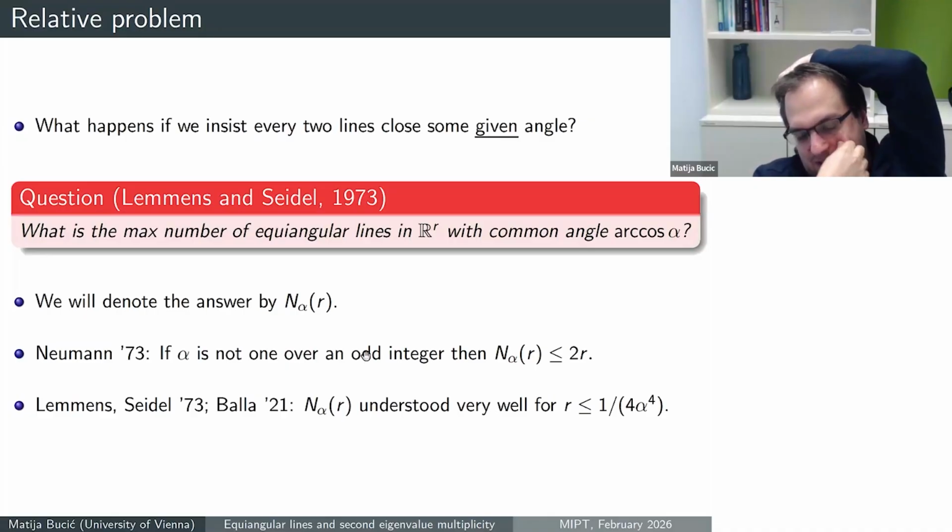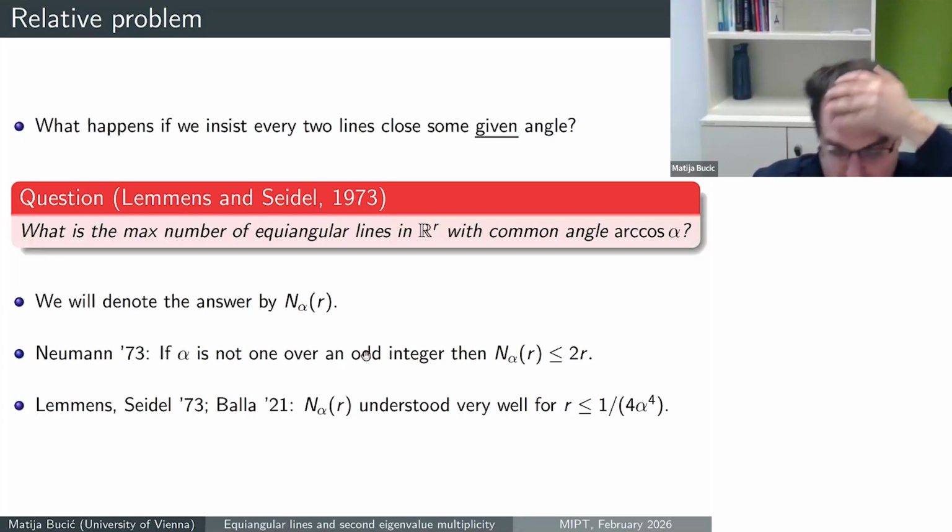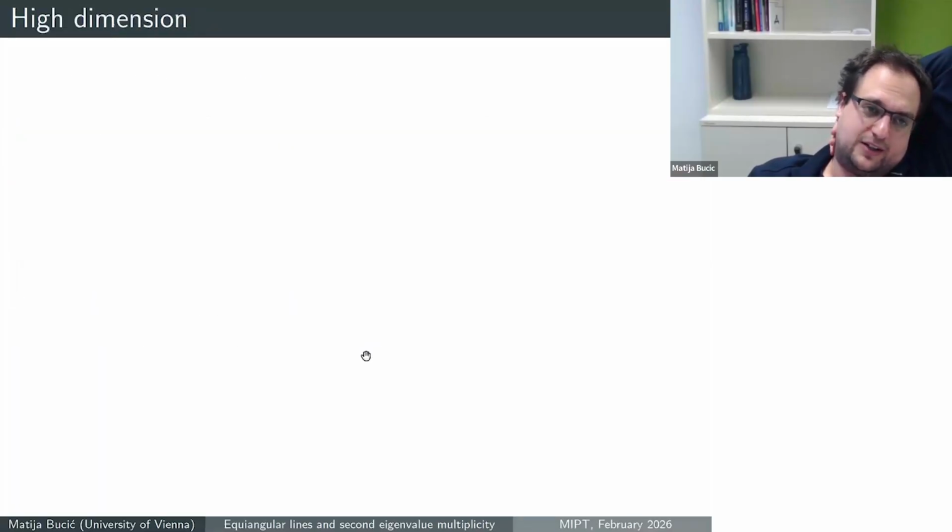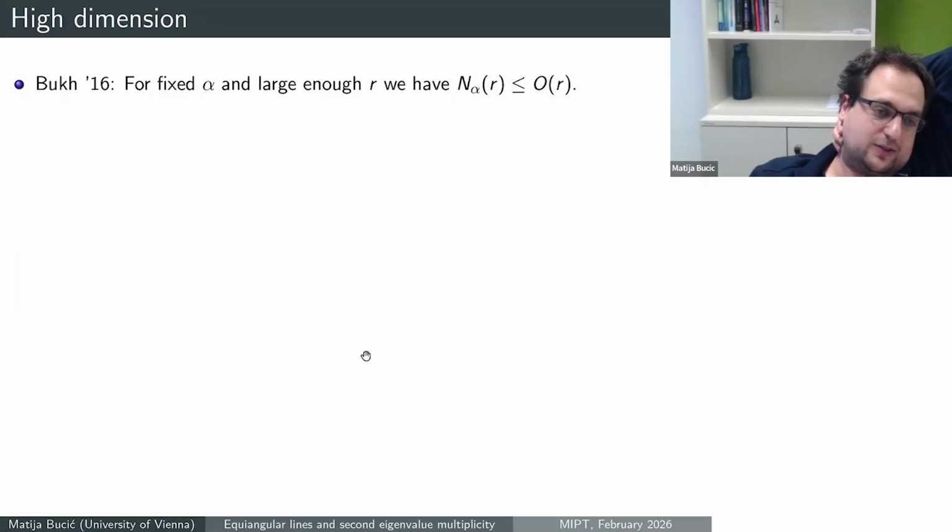So this is everything that I want to say about the low-dimensional regime. It is very interesting. It's understood reasonably well, to some extent in the same way as this Gerzon bound is understood well. What I want to focus on is what happens for higher dimension, although we will eventually bridge the gap and say something about how these two regimes connect as well. So the first to study the high dimensional case concretely from the combinatorial point of view,